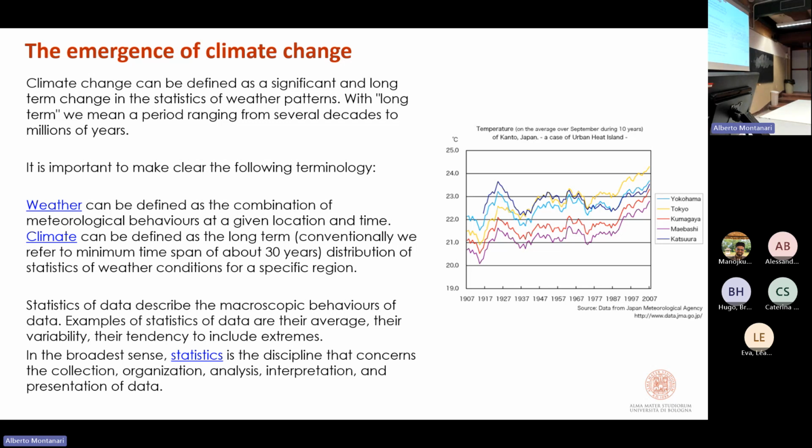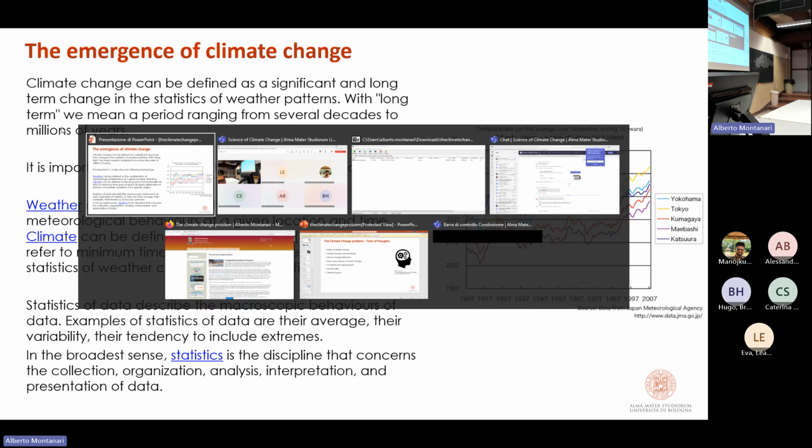Okay, we already defined weather and climate, so this is an overlap. Let's forget about it. And it is interesting to look at the picture on the right. What is the picture on the right? It is the increase of temperature in selected cities during the past century, more or less. And you see that when you look at the temperature in cities, the temperature increased more. Why? Because of the urban expansion. Let me show you another figure.